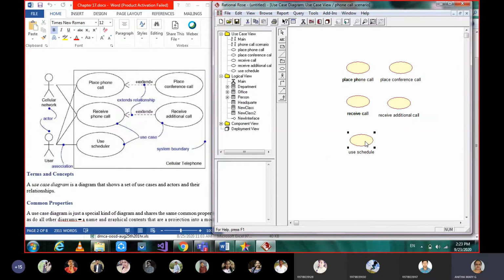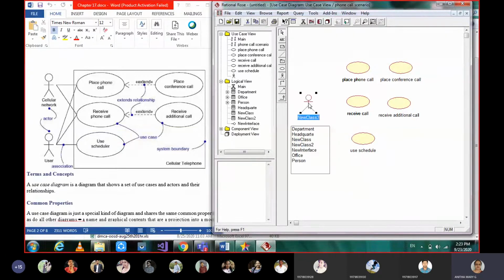Since this is the Rational Rose 98 edition and it is the costly one, the old one, the boundaries I cannot show here, but you can just think there is one boundary and you are keeping everything within that boundary. And then coming to actors, you just select and drop it.